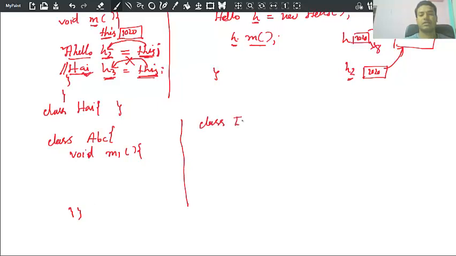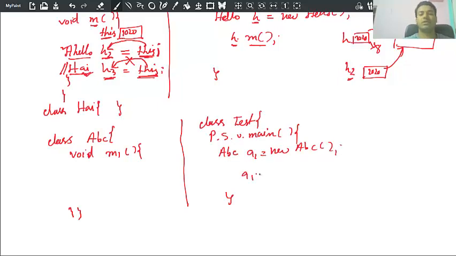So class test, which is having the main method, public static void main. Inside the main method I want to call m1, then I need an object: ABC a1 is equal to new ABC. Right, now if I say a1 dot m1, now a1 is a reference variable which is pointing to an